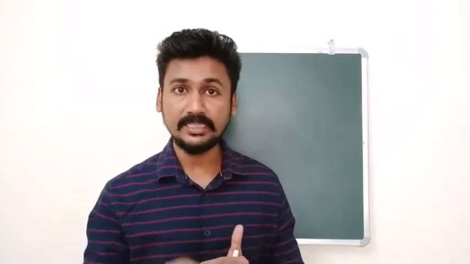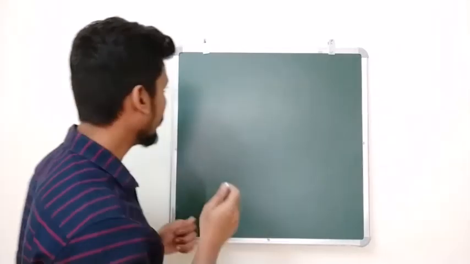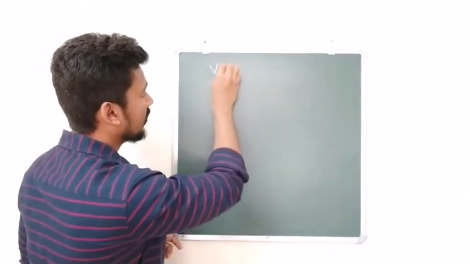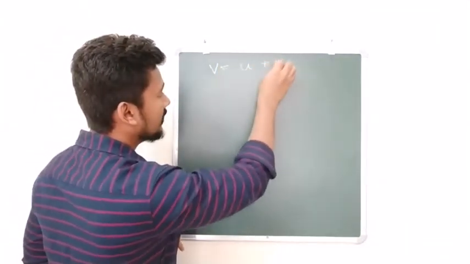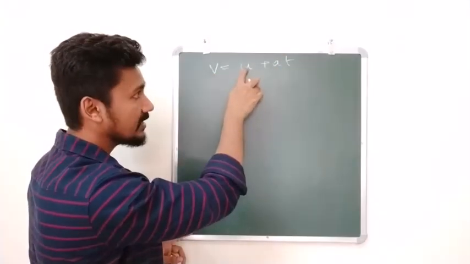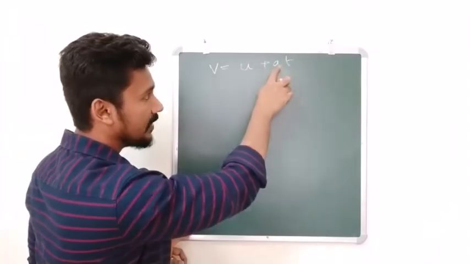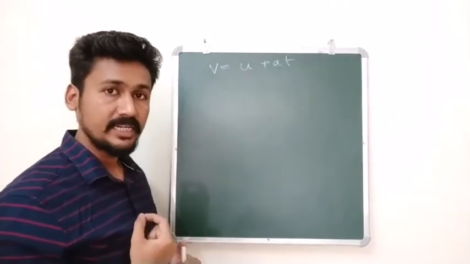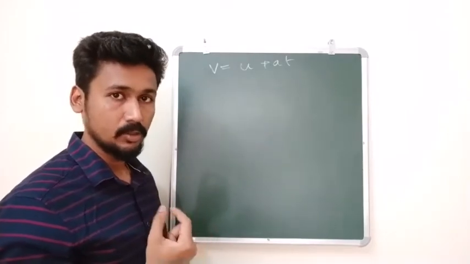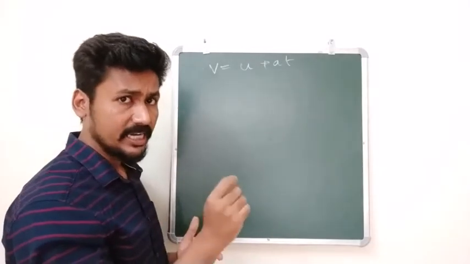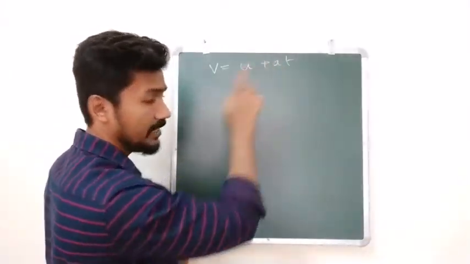Okay, or they are called the kinematic equations. So once again, I am very sure that you remember these equations. The first equation was v is equal to u plus at. V represents final velocity, u represents initial velocity, a represents acceleration, t represents time. So if an object is having a uniform acceleration, if the acceleration is not changing, in that case, for that object you can find the parameters in this manner.